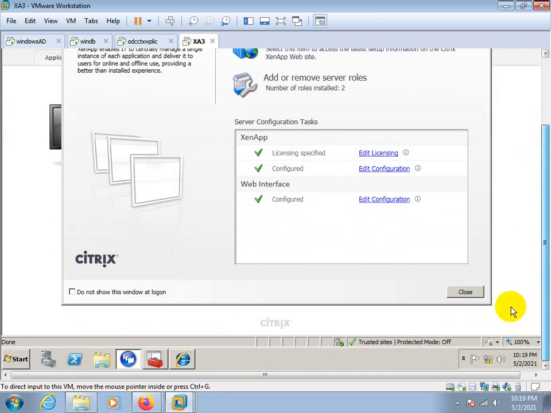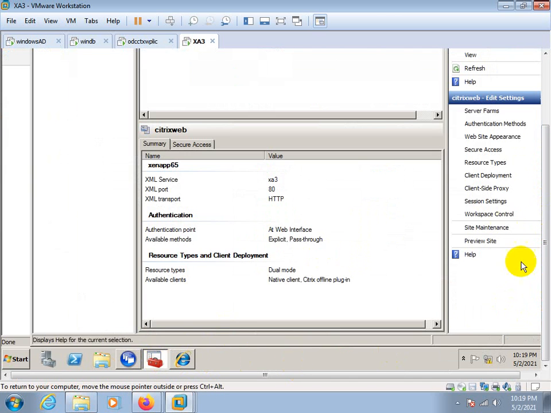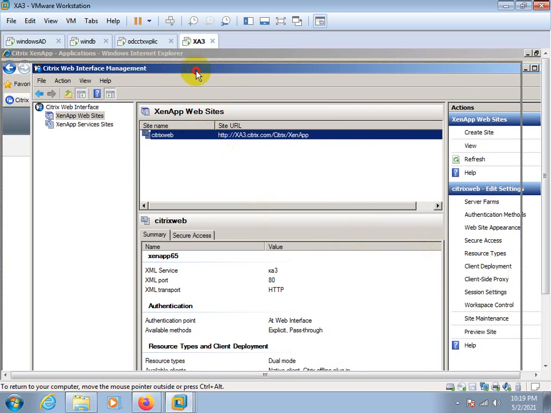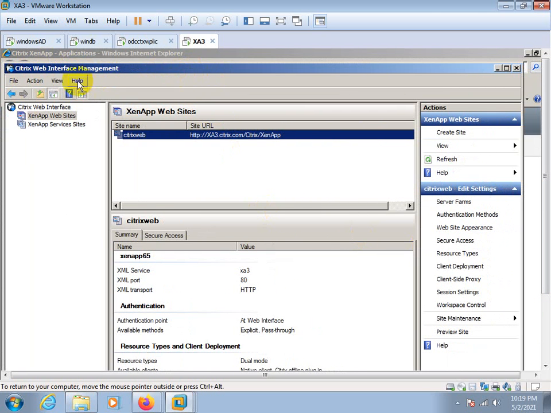Apart from this, in the next session we'll cover the web interface, because there are a lot of things we need to discuss on the web interface, how to configure and what the configurations are. But better we will not discuss the web interface.